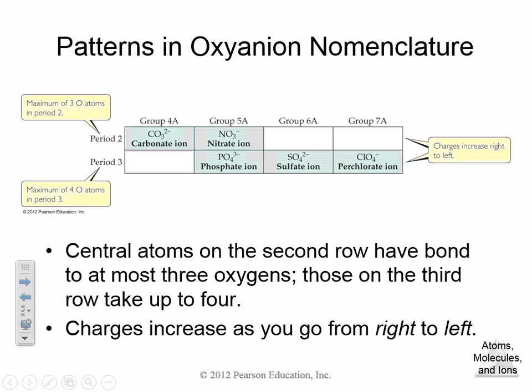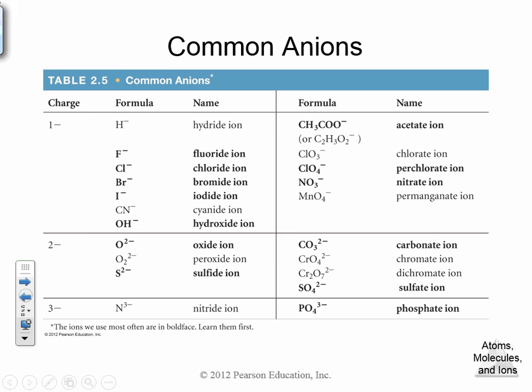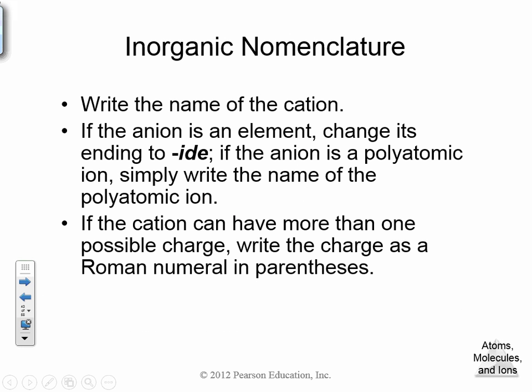Now, period 3 can hold up to 4 oxygens. When you look at the elements in period 3, you have phosphorus, sulfur, and chlorine. So phosphate has PO4, sulfate has SO4, and perchlorate is the ClO4 ion. Just something to keep in mind as you are reviewing and studying the pink sheet. Now, if we go back just a smidge here,